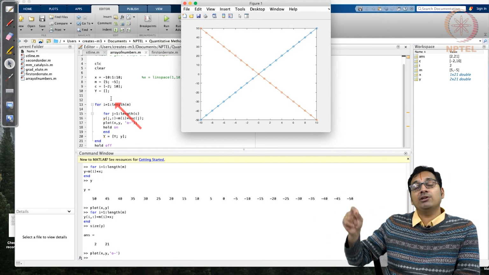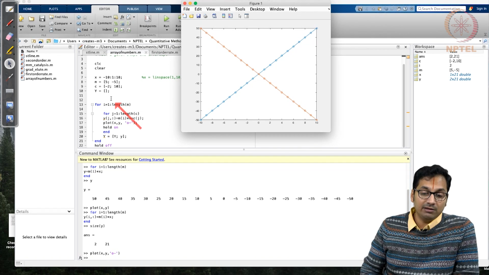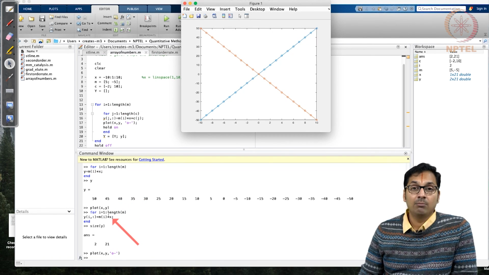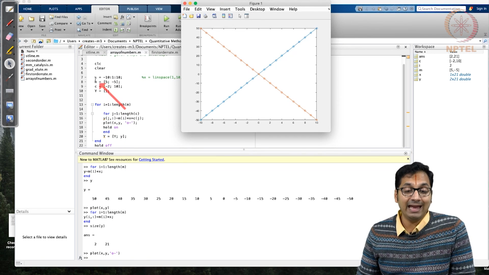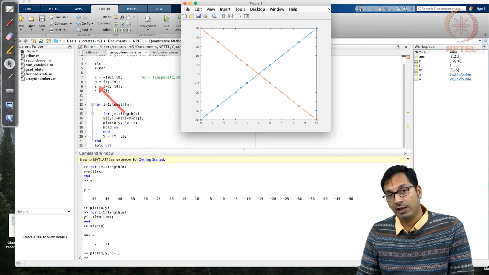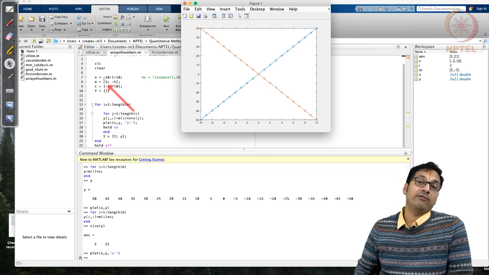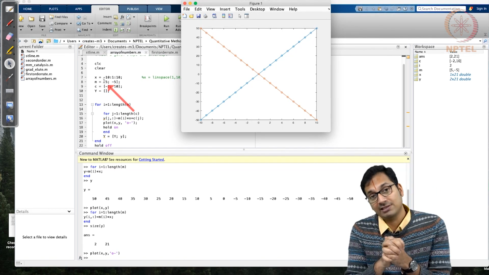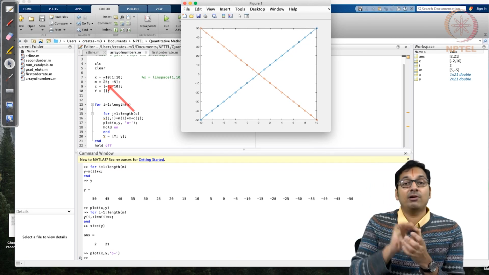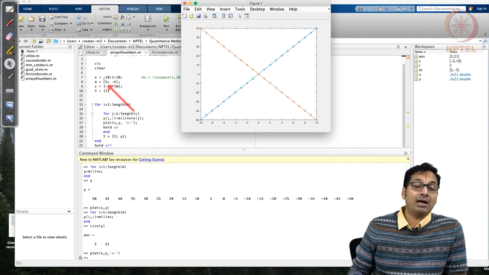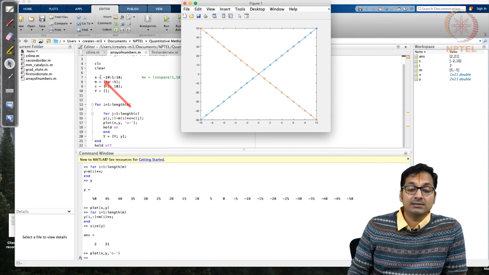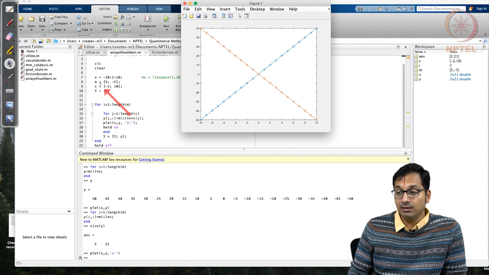Unlike the last time where you had to keep on repeating writing the formula, all that you did here was to write the formula once. But remember, if you are varying m 2 times and c 2 times, and you want to find all combinations of this m and c, then you have to repeat the formula 4 times, but here you do not have to really do that. And you can also have varying lengths of m and c such that these can be easily generated.